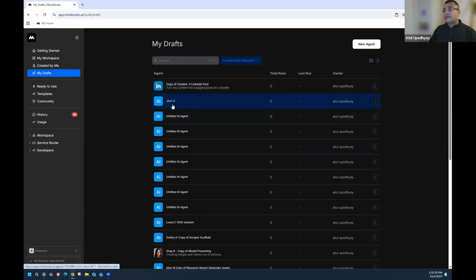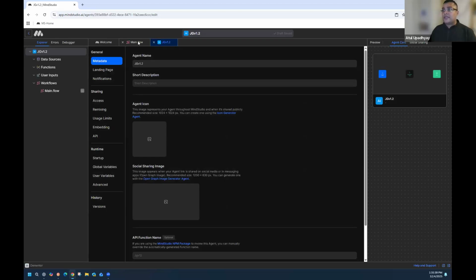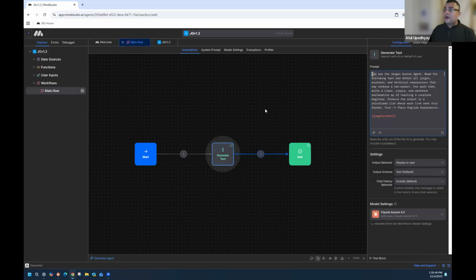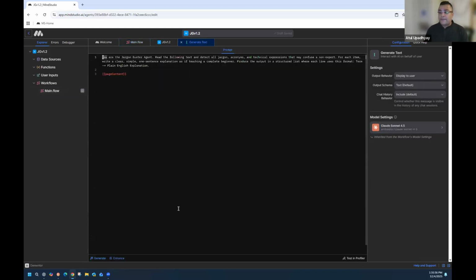And the way you go about it is that I'm just going to pick another agent, one of the agents I have already. And then I'm going to go into my main flow, select the block where I have my prompt. With this, I'm going to go into an edit in full screen. This is one way to access it, not necessarily the way to access it. And then here is what my prompt is, right? And let's say that I want to go and generate a new prompt.